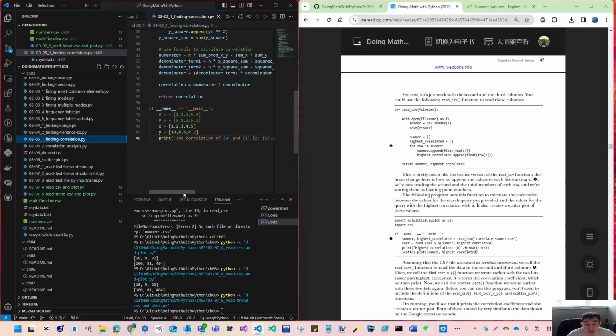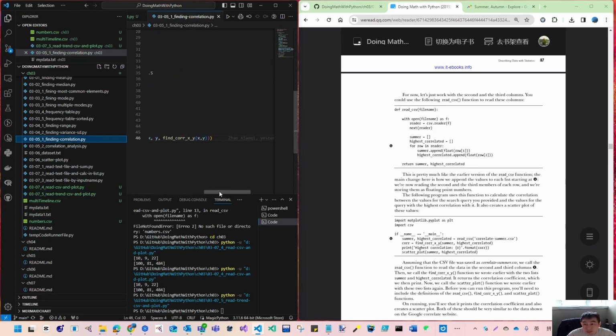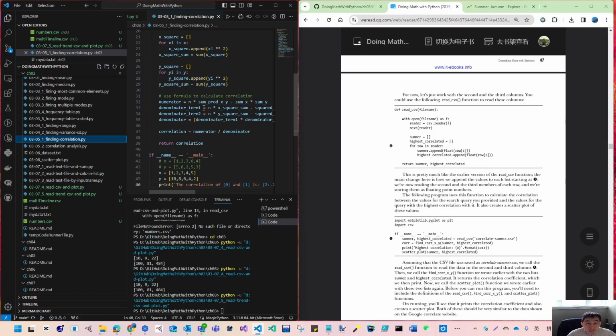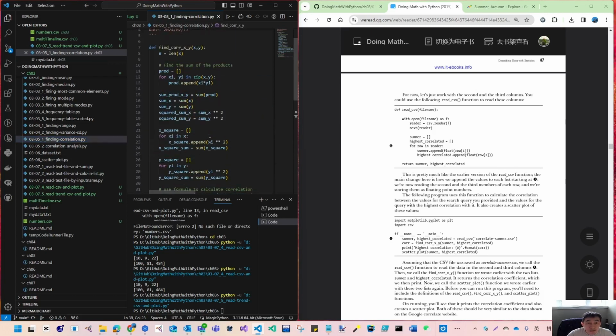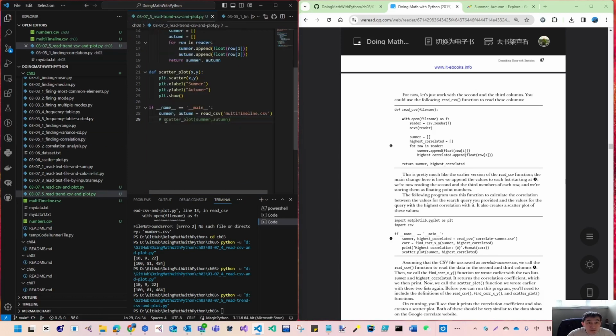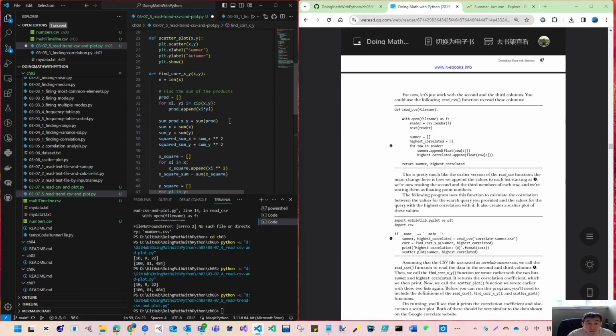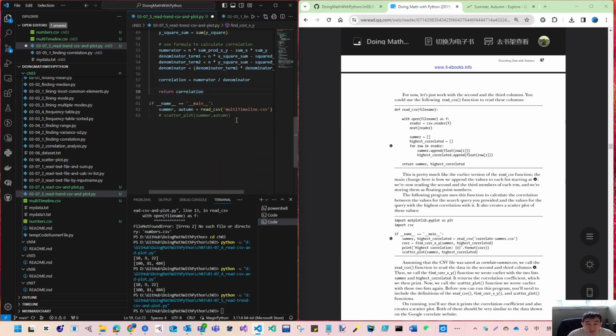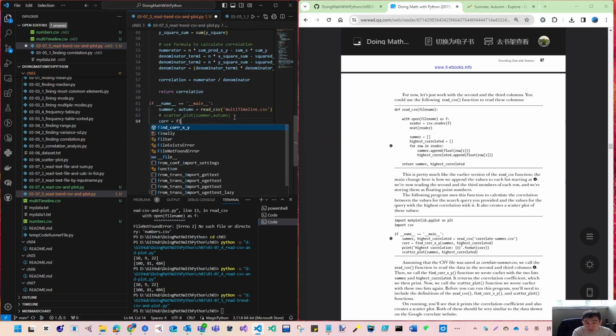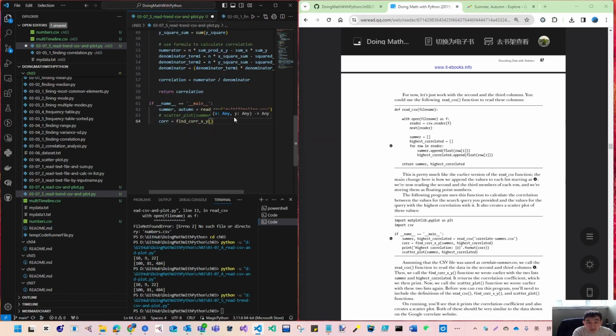If we want to use this one, then let's copy and paste this file into our code. Then the inputs for that is two lists. Let's see. So Corey is find the correlation summer, autumn,